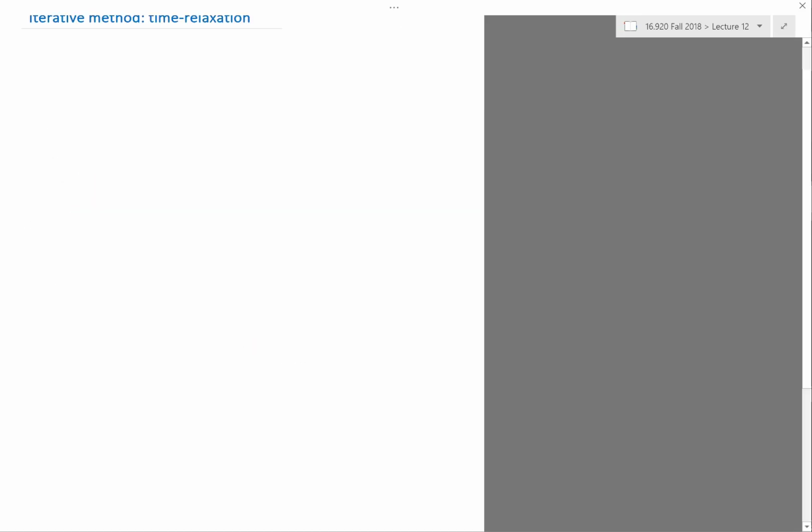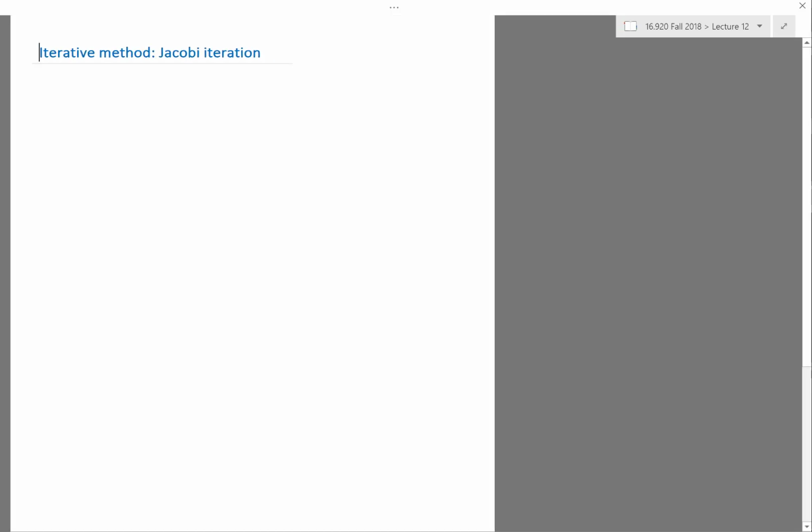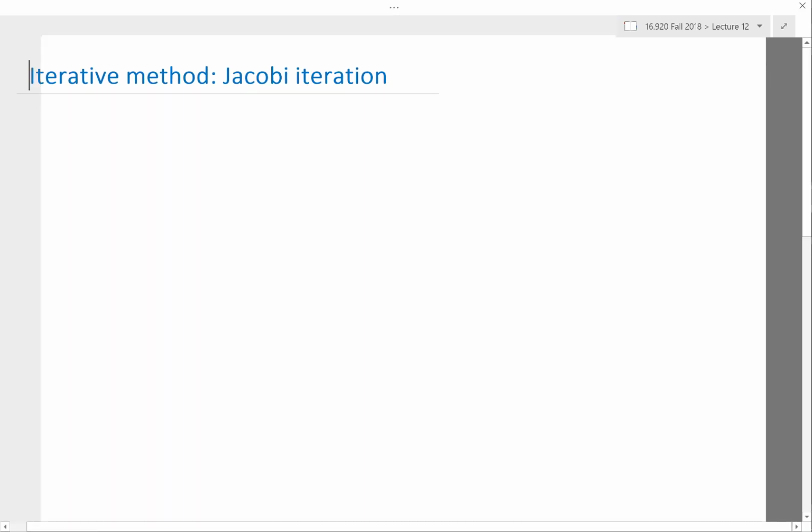Okay, so let's start talking about the Jacobi method then. The Jacobi method is basically looking at solving the heat equation. Let me first write down